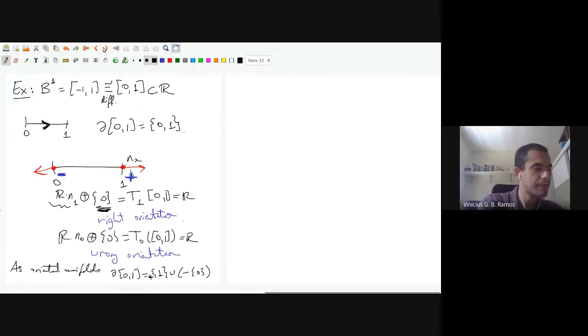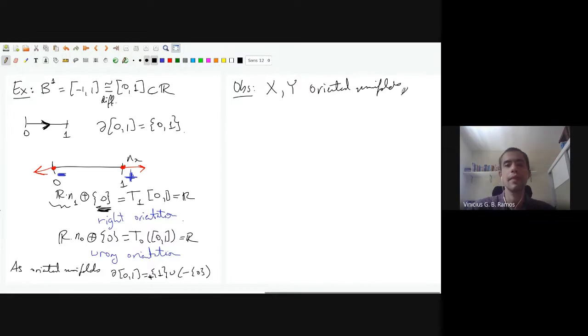Okay? Any questions about this? This is kind of subtle, but I think it's important. Okay, no questions. All right, so something else is, before the next example, I want to write down an observation, which is that if X and Y are oriented manifolds, and Y doesn't have boundary,